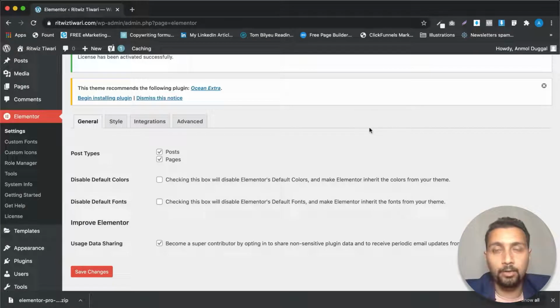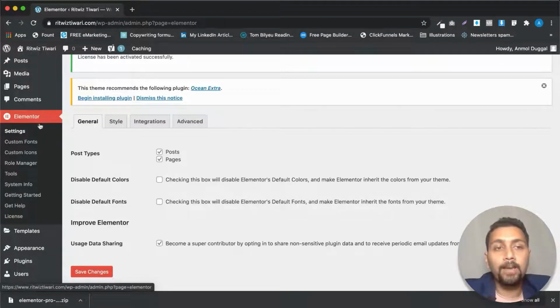on our website. But even before that, just like I told you, in the upcoming videos we are going to design a template, we need to understand how the backend of Elementor works, what features Elementor provides, how to use them, and where we can use them. All right, so let's talk about all these features here.